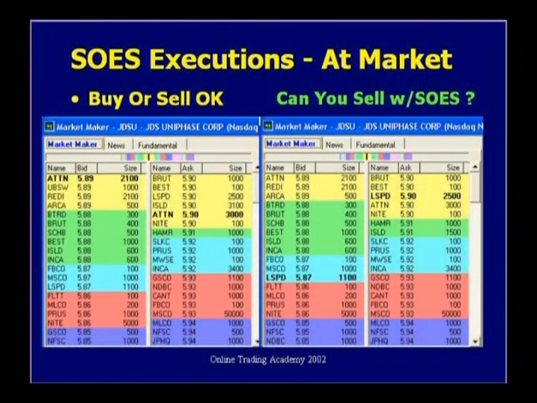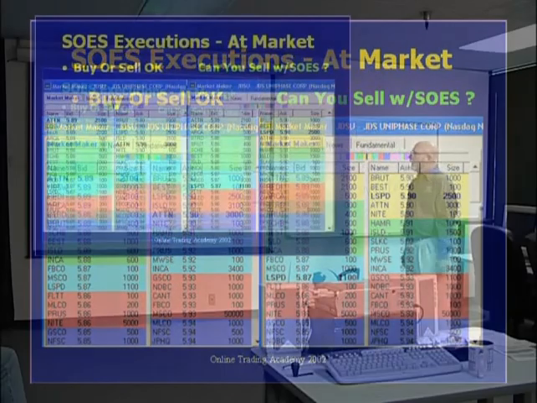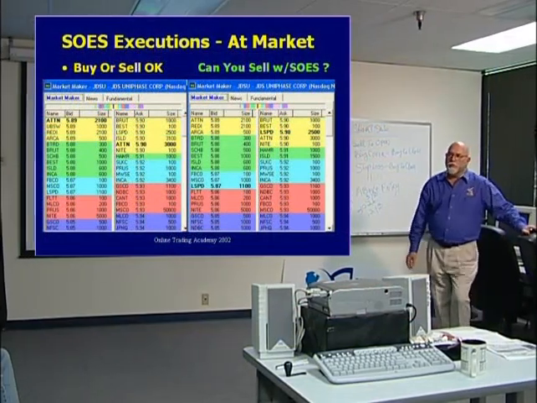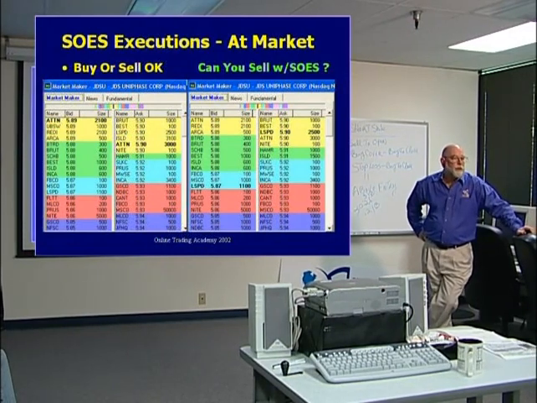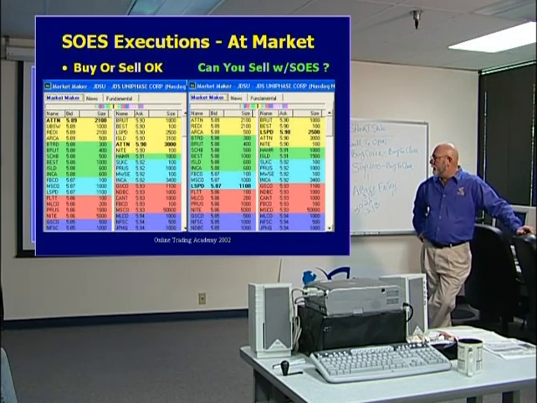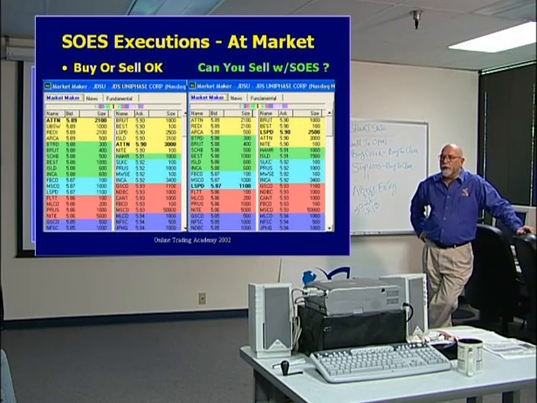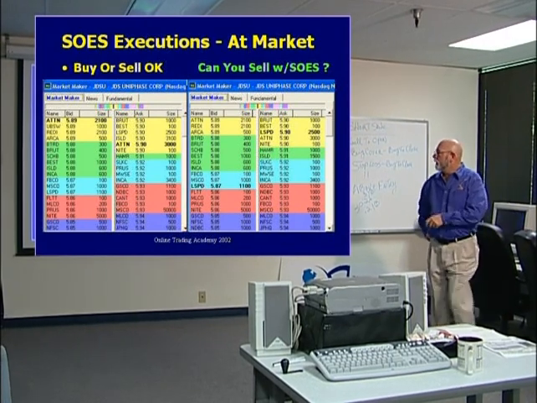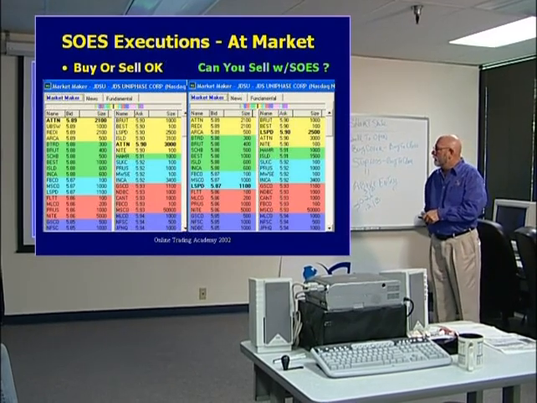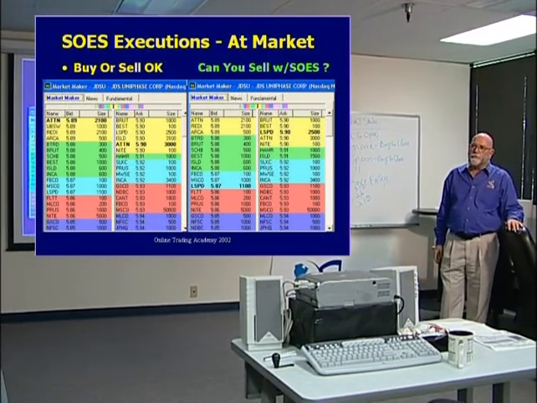Okay, here's a couple quick scenarios. On the left-hand side, it says buy or sell. Well, if we wanted to buy 590s, we have Knight Trimark here with 100, and we have Bear Stearns with 100. Well, Mike, that doesn't look very good. What if I wanted to buy 1,000 or even just 500? Again, people, these are market makers. They very rarely are going to be just selling 100 shares. They probably are selling 1,000,000 shares. They only show 100, okay? So if you touch them, either Bear Stearns or Knight, for 1,000 shares, you would probably get your fill,